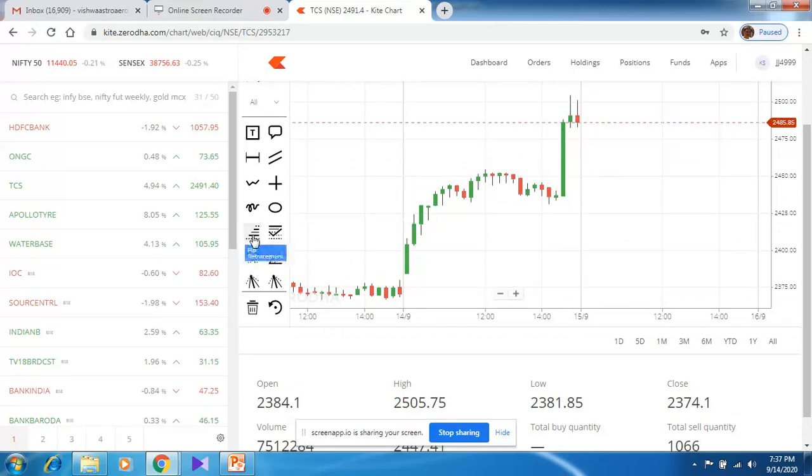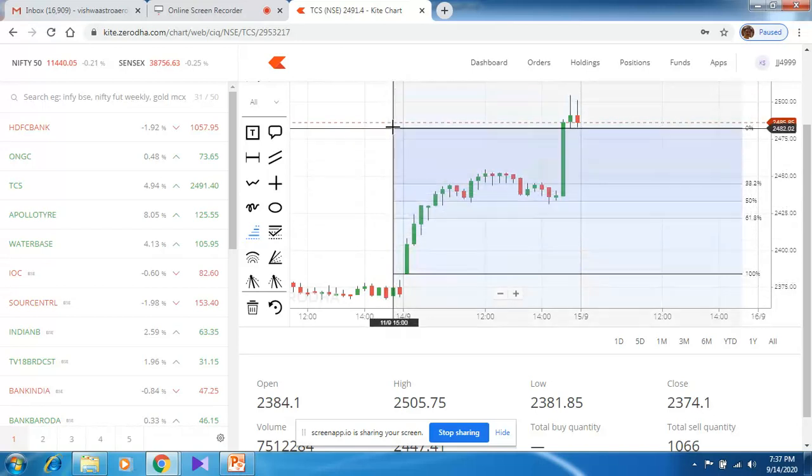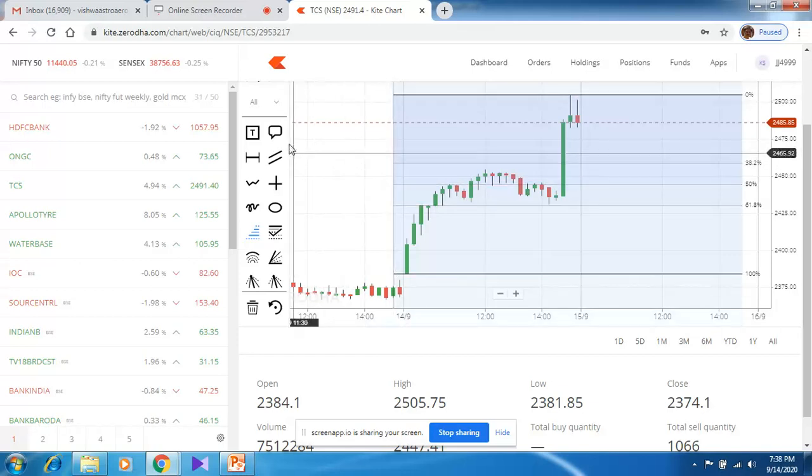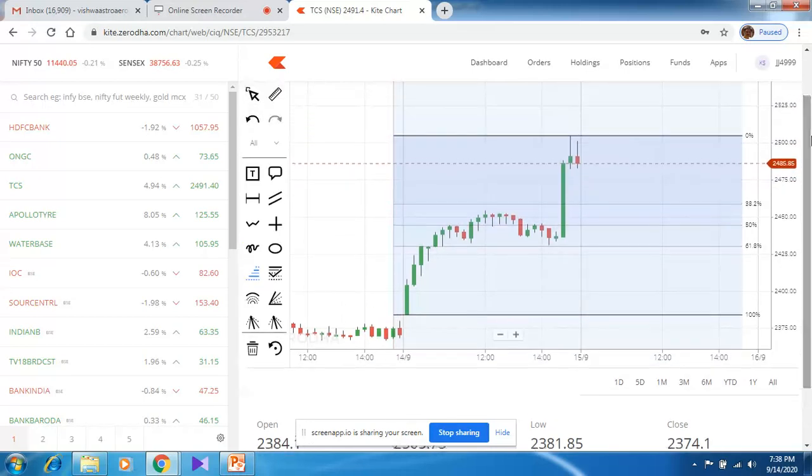Again, with the Fibonacci ratio, I am going to observe whether the market has gone up or come down. It is a clear indication that it started from here and reached this topmost point. So the market has gone up. I'm going to put a point over here and trace it up to its maximum level. So as you can see, this is its maximum level. So again, I'm going to take an arrow.